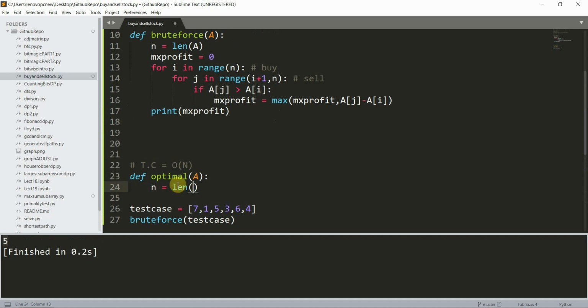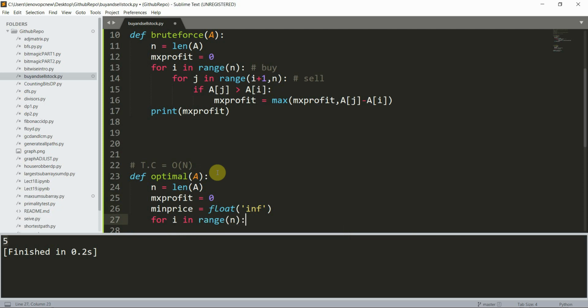Again, n is equal to 9a, perfectly fine. Then max profit is equal to 0, and I'll take a min price is equal to float of infinite. I'll tell you while I'm maintaining a minimum price. Then what you can do, for i in range